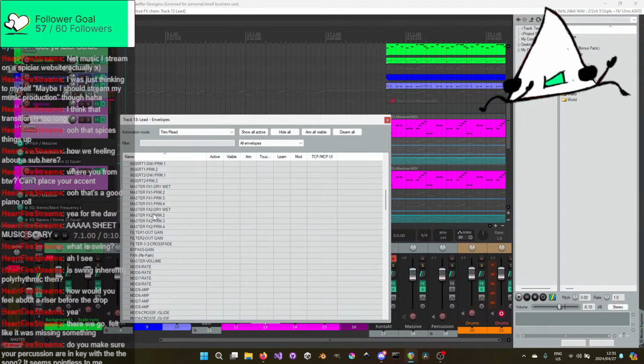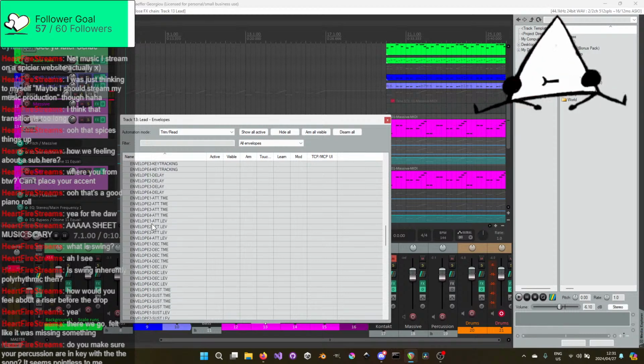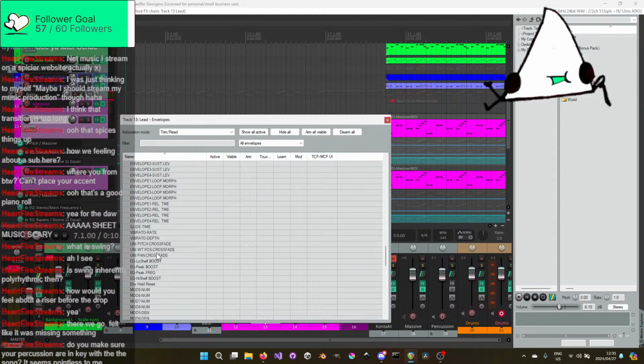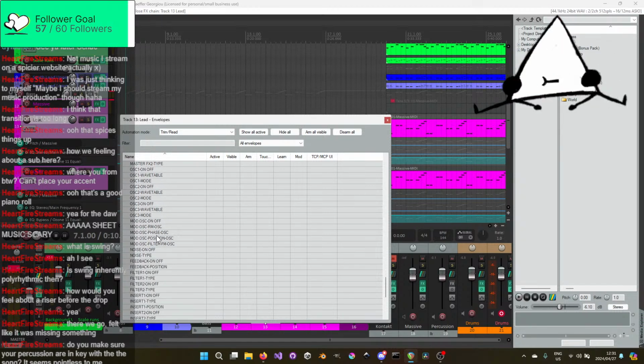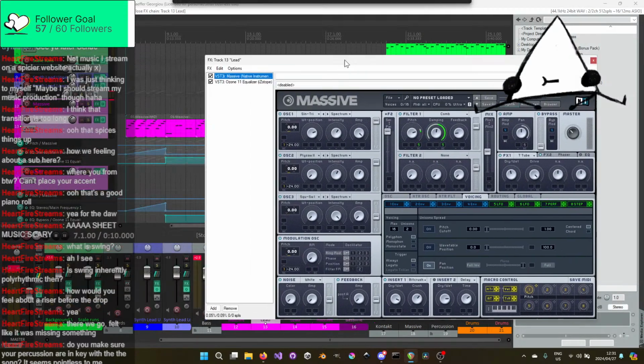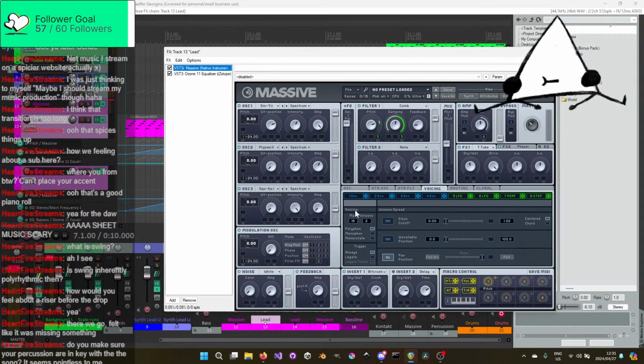Oscillator, modulation, filter, master, more, crossfade, modulation, envelope. Uni pitch, vibrato, glide time, EQ, mods, amp, bypass, master, oscillators, filters, inserts, unison. No, why does it disappear? This does the unison spread. If I turn that off.